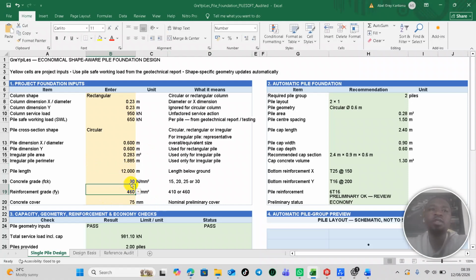So you can specify the grade of your concrete. You are at liberty. There's a drop down menu here that allows you to select the grade of your concrete, and then there's also a drop down menu that allows you to select the grade of your steel. Then you have a concrete cover. You put in that information, boom, automatically you have a pile layout here that shows you